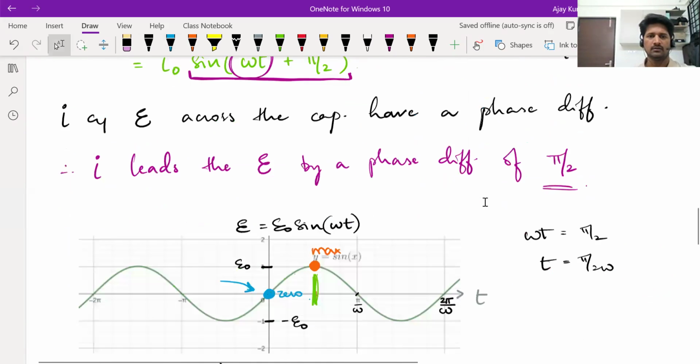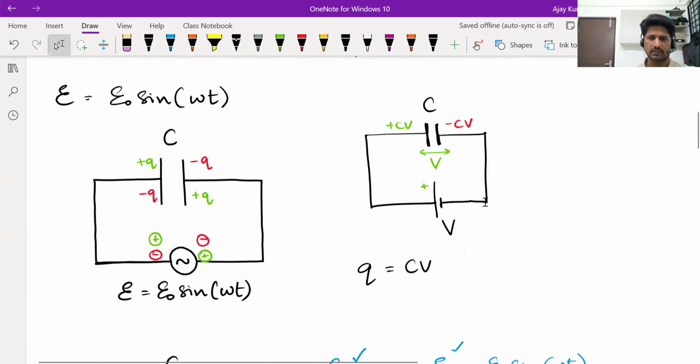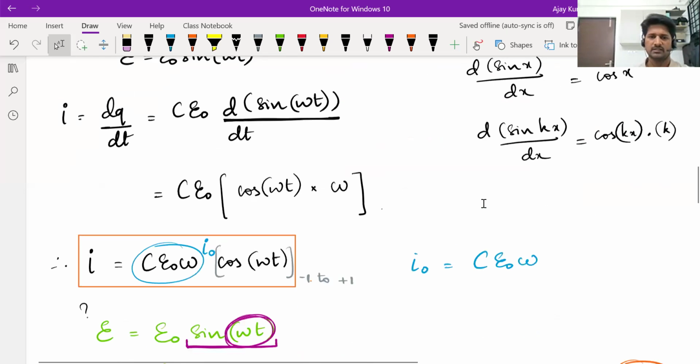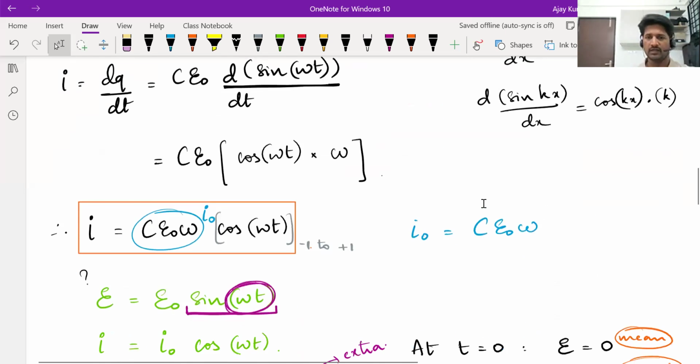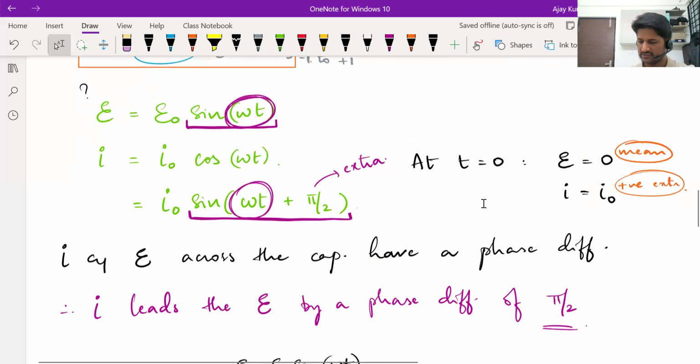So what all have we discussed? If you know how much is the EMF applied across the capacitor, you can write an equation for its charge. By differentiating charge, you will get the current. But now we learned that current maintains a phase difference of pi by 2, an extra phase of pi by 2 compared to the voltage. So now without taking help of the charge equation, you can directly write the current equation. For example,